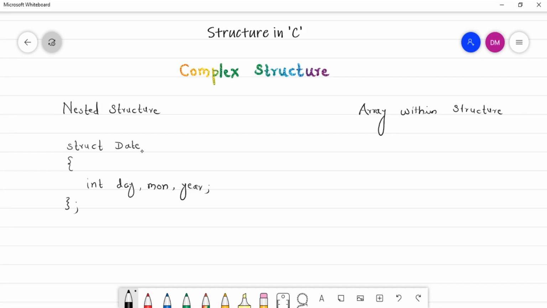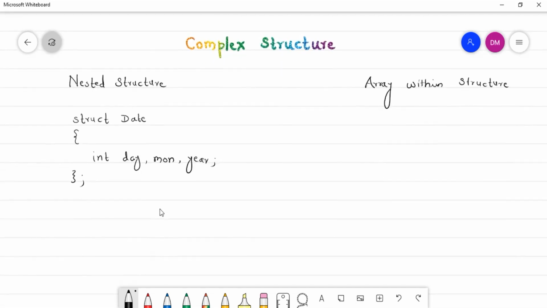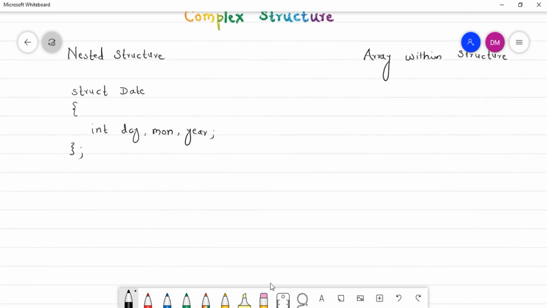That's it, we define it. Now let us create an employee structure. All of you are familiar with it, right? Because in our introductory video we saw the example of the employee structure. So here I'll say struct employee.